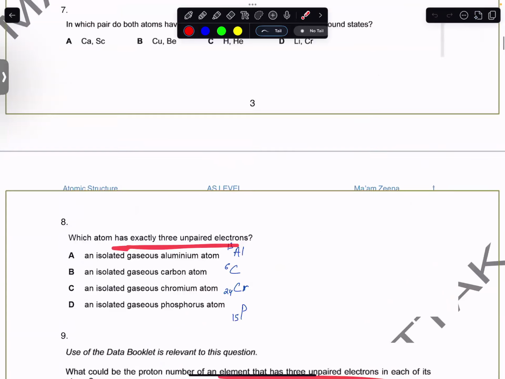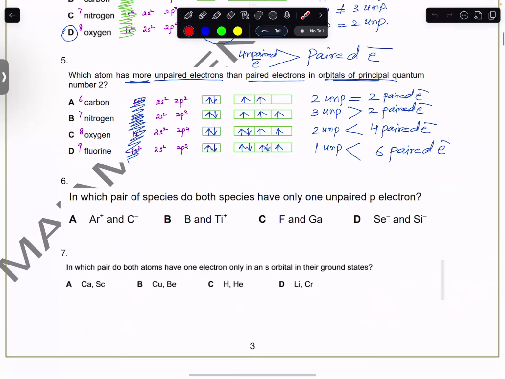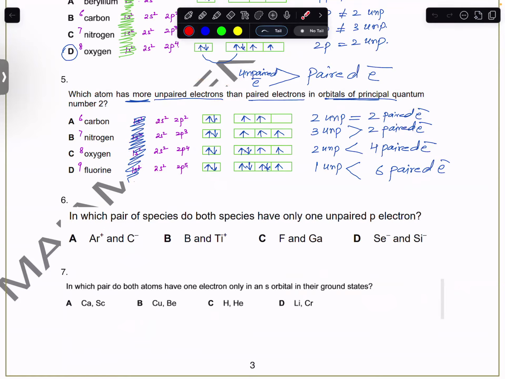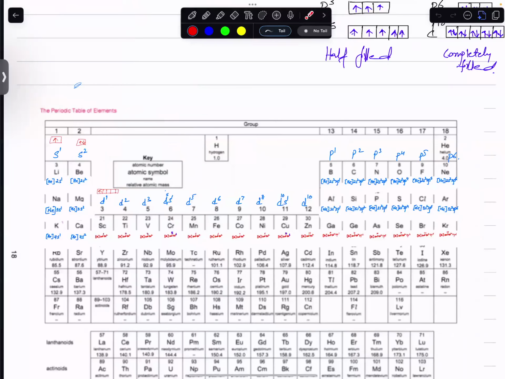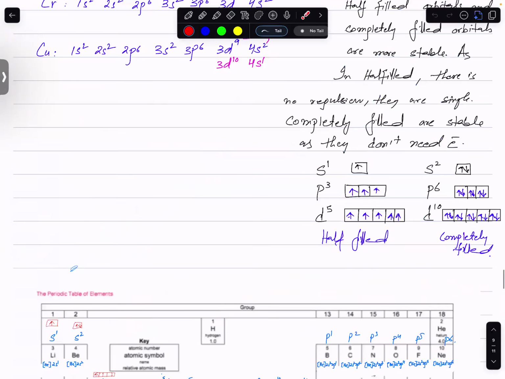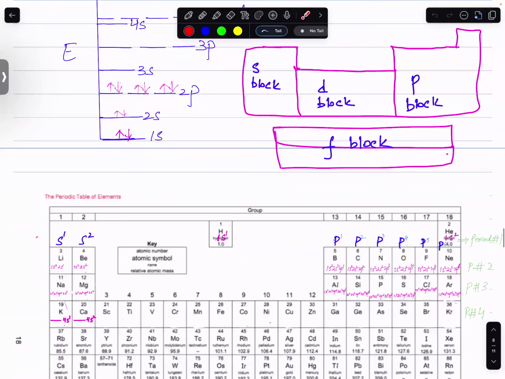There are too many questions about the concept of paired and unpaired. You must know all this. Therefore, I've done it for you. And I think after watching these 3 recorded lectures,